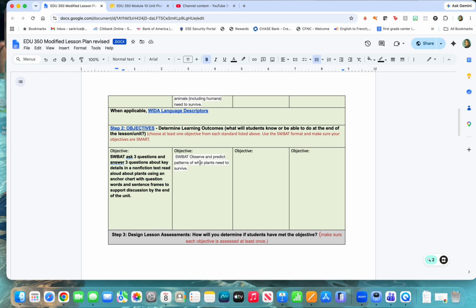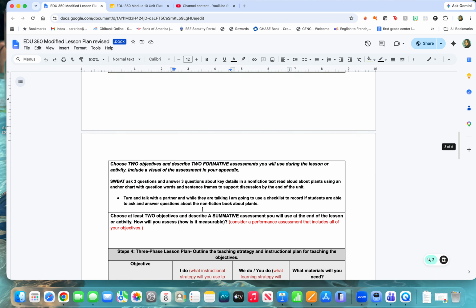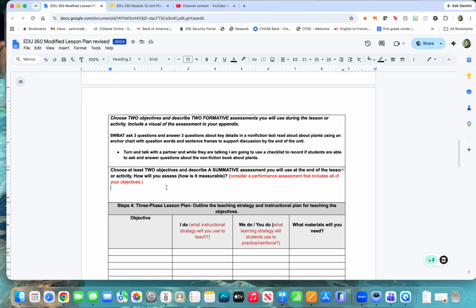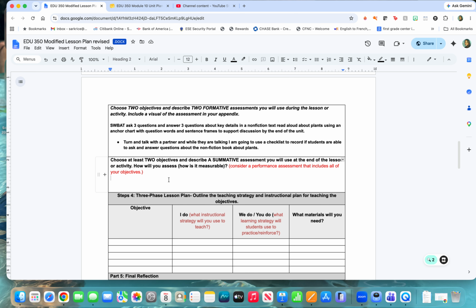And then here, so students will be able to observe and predict patterns of what plants need to survive. So again, this one is not SMART. So I'm going to put here, this is not SMART. So I cannot make an assessment for this because it is not a SMART goal. So I need to go back, make this a SMART goal before I can do my formative assessment. Now, my summative assessment, right, would be like an end of